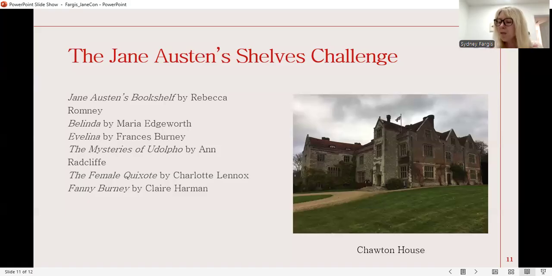And like so many other writers who came before her and who have come after her, Austen wrote what she knew and was influenced by what she read. That's part of the point of this talk, to think about where the inspiration for her novels came from. It's really easy for us to focus on the inspiration that would have come from her own everyday life, right? But it's also important to think about what she was reading, how she was interacting with what she was reading, and how what she was reading might have or did influence what she was writing.